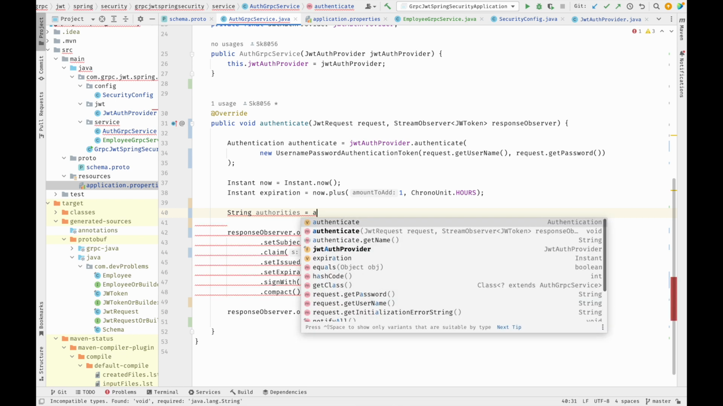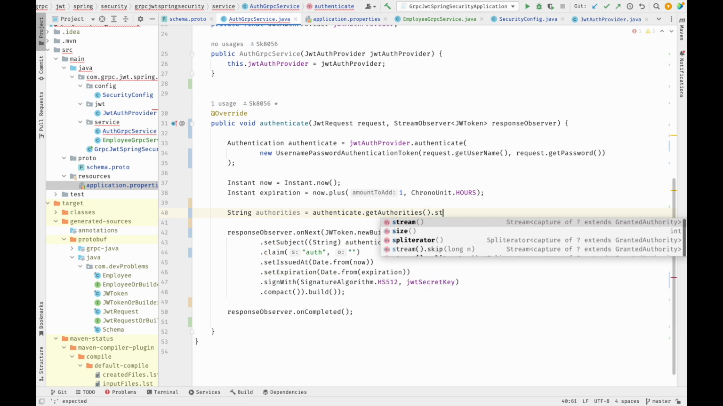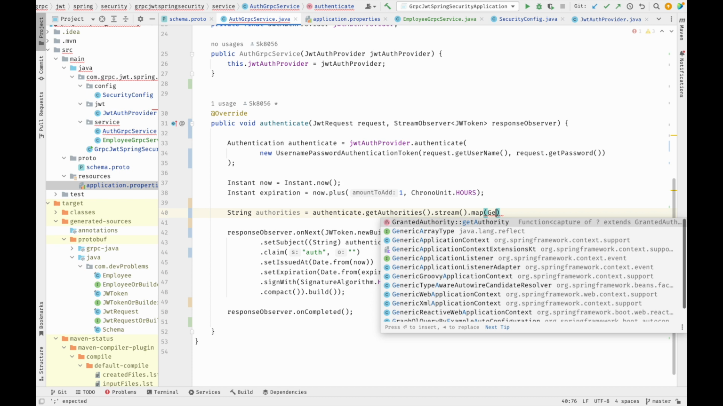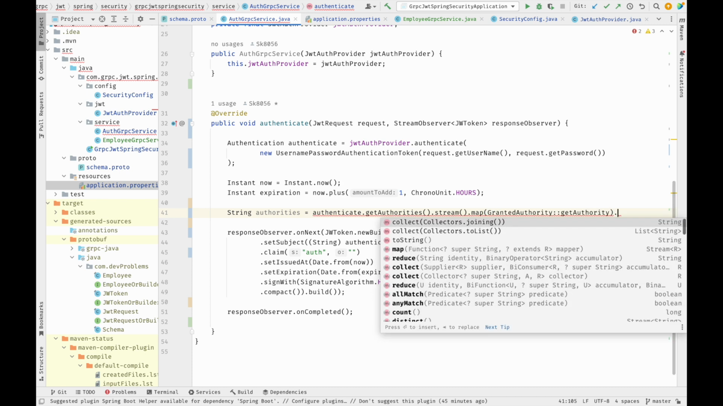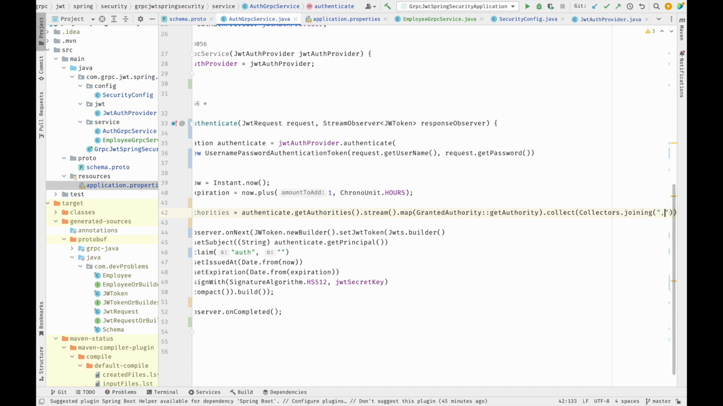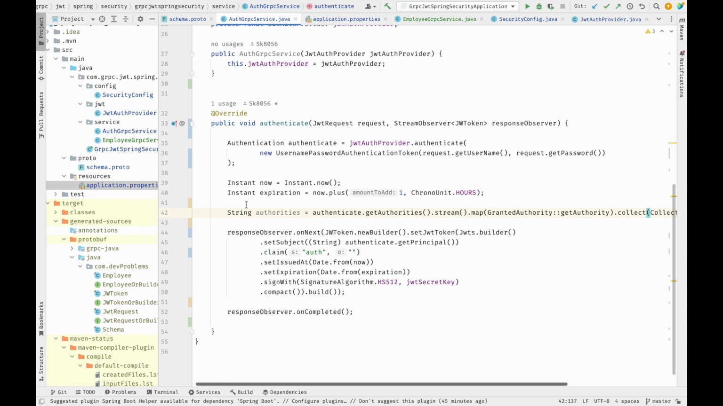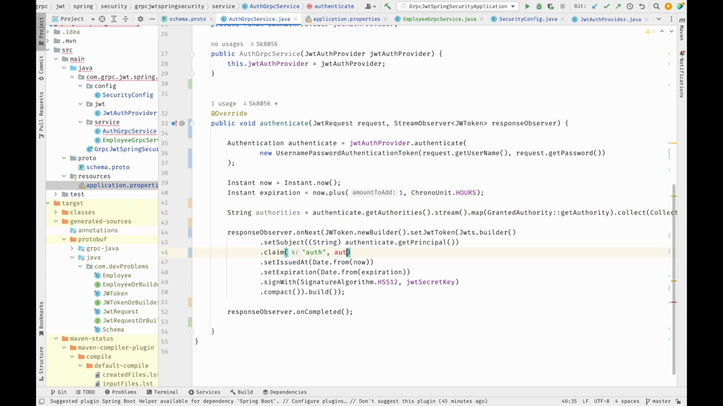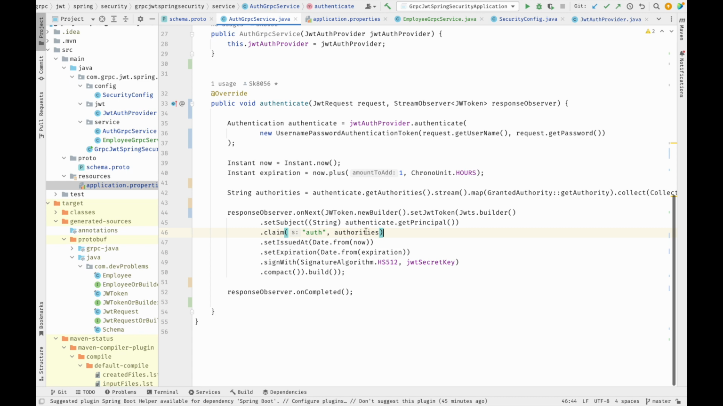equal to authentication dot get authorities dot stream dot map. I'm going to write grant authority dot joining using comma, because there are going to be comma separated roles for the users, and here I'm going to pass it authorities. Okay, nice. So we have created a logic for generating the JWT, and also to pass the role of the